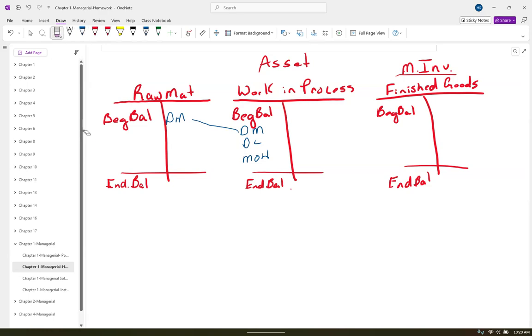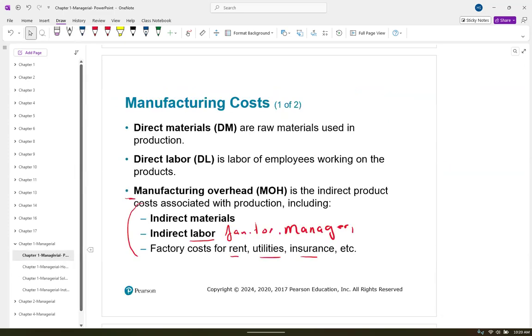Any new, I'm going to do new raw materials purchases. Okay. We buy another truckload of potatoes, it goes into the raw materials. It doesn't go into the work in process until it hits that assembly line. Okay. So we're looking at physical flow, but we're also looking at the dollar flow to kind of match that physical flow so we can have better information. Okay. So let's jump back over here.